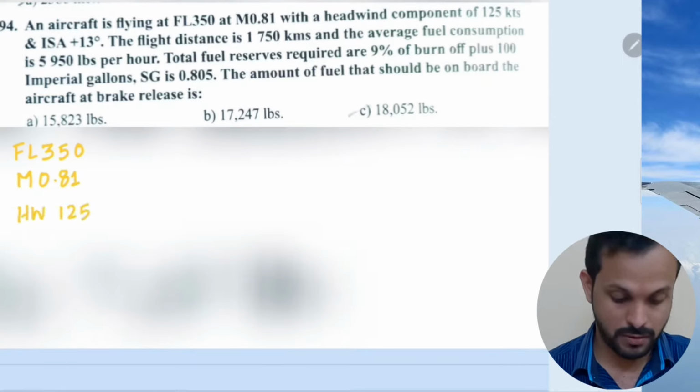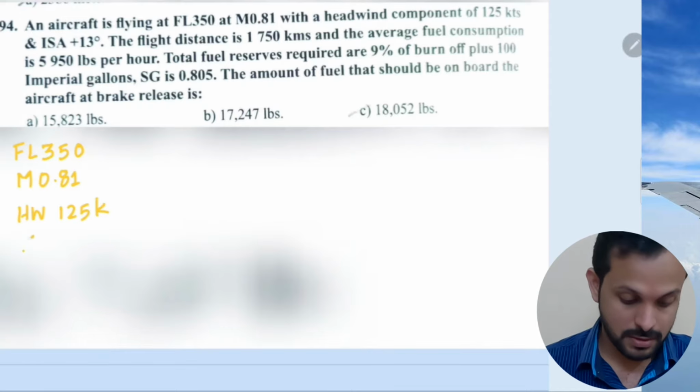of 125 knots. You can see in the previous question we had a negative wind component, and here it is given as a headwind component, so necessarily it should not matter to you. As long as it's a headwind component, it gets subtracted from the TAS and you get a reduced speed as your ground speed, right? And the conditions are ISA,